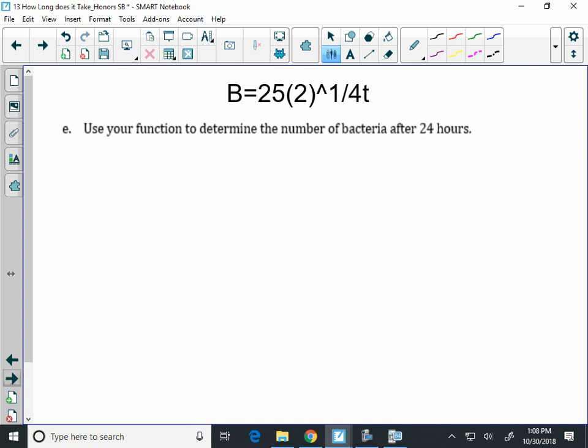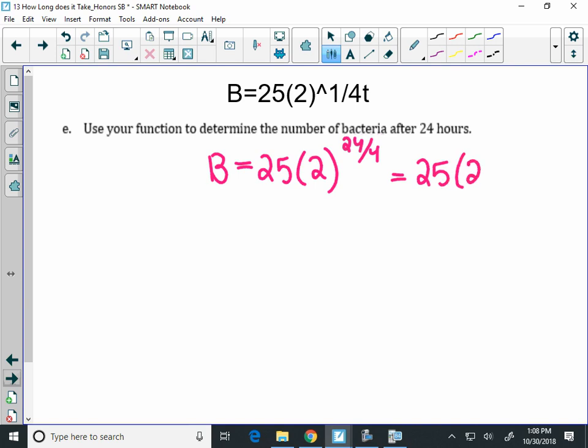So where would the 24 go into this function? For T. All right, so we would type in the number of bacteria is 25 times 2 to the 24/4. Now, if you wanted to save yourself some time typing the exponent, what would the exponent be? 6. So if you wanted to, you could type into your calculator 25 times 2 to the 6. You don't have to, but if you didn't feel like writing 24/4,